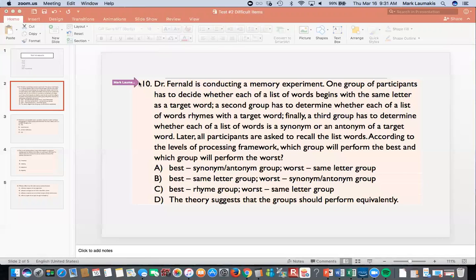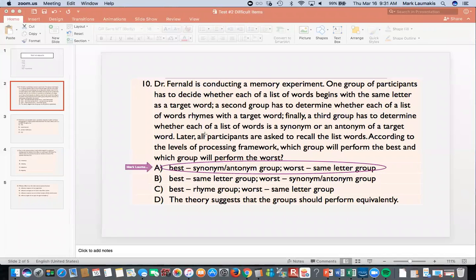This first one is really a question about the levels of processing theory that we discussed last week, right? This was the one where we had a target word at the top of the page and then a question about each word. That was about how deeply you process the information. And what we said was the deeper processing leads to better recall. So if you read through all of this, basically what you come down to is choice A, because the best recall is going to be for folks who've thought about whether the word